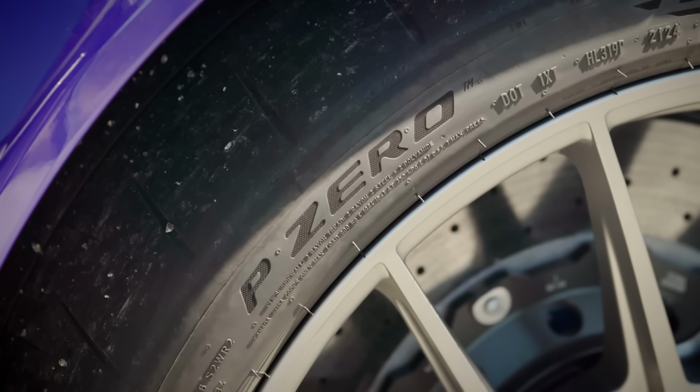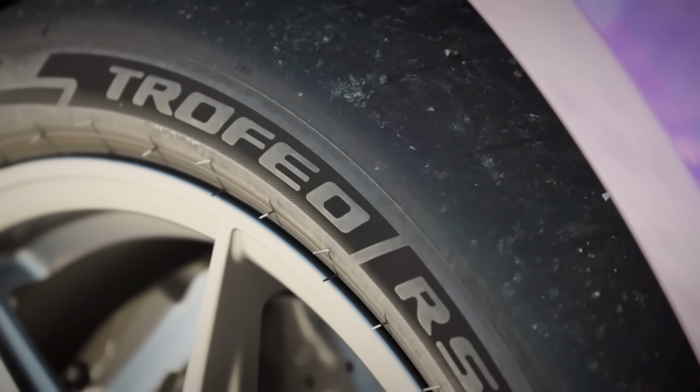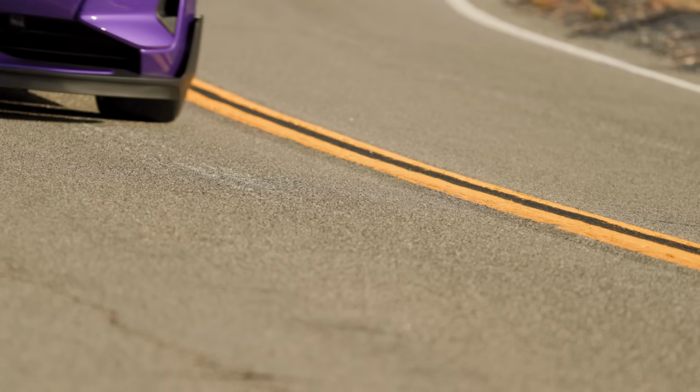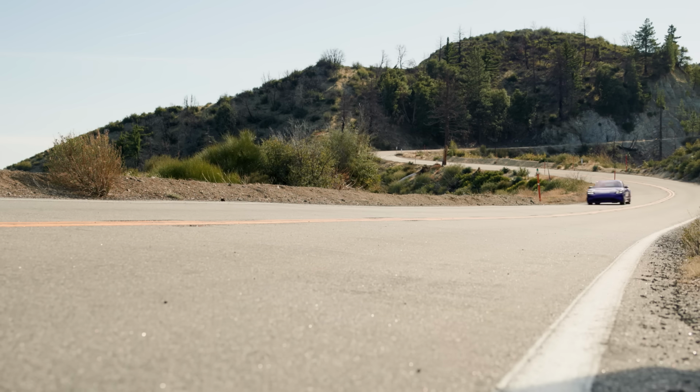First of all, these tires, they're Pirelli P Zero Trofeo RS's. They just stick like crazy. On really good pavement, it just sounds as if you're constantly hitting something, but it's just the tires binding themselves up. Then there's the power,